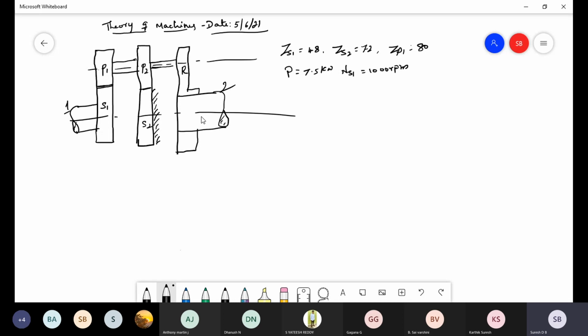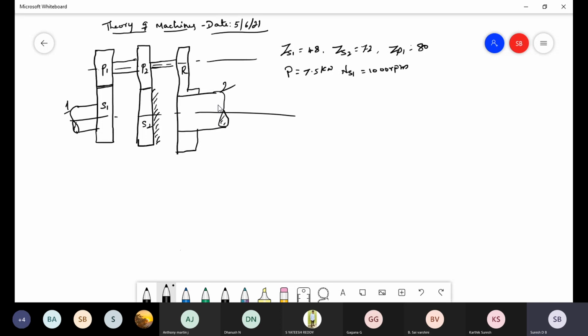Hello, tell me, here which one is the input and which one is the output shaft? The left side one is the input shaft and the right side is the output. Shaft number 1 is the input shaft, shaft number 2 is the output shaft, because gear S1 is rotated by means of this particular shaft. Once S1 is rotated, the power is transmitted S1 to P1, P1 to P2, P2 to R. Once R is rotated, the arm is rigidly fixed on shaft number 2. Here the driving shaft is the left side shaft and the driven shaft is the right side shaft.